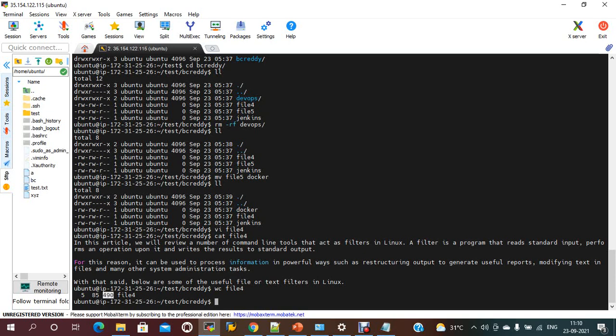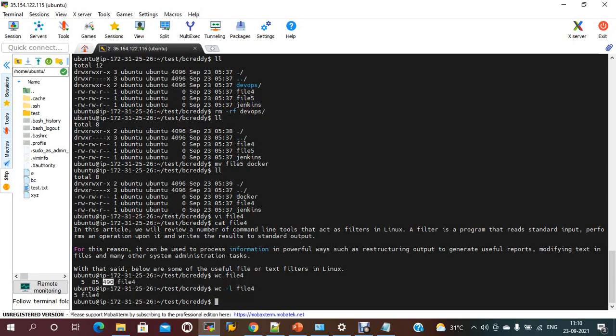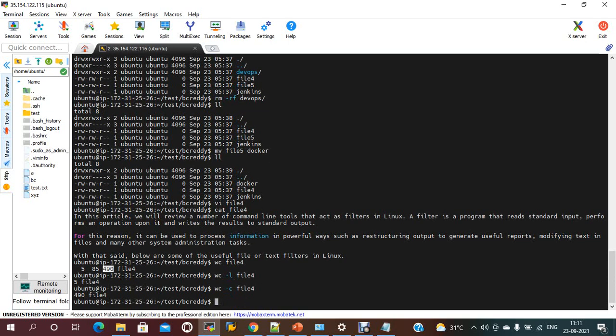If I need to see wc -l and the file name, it displays the lines. If I need to see the count of characters, these are the characters. So we can see this.